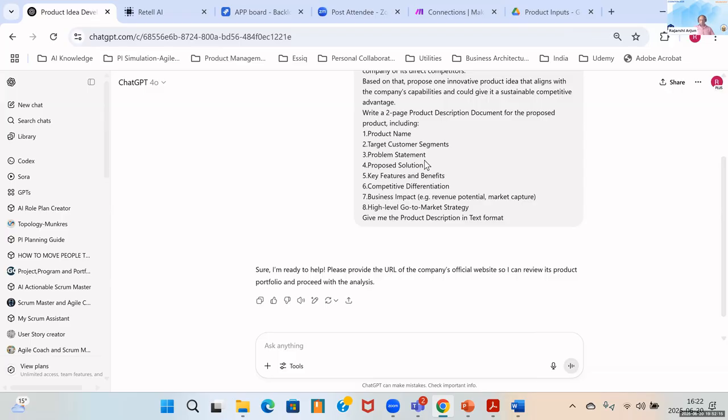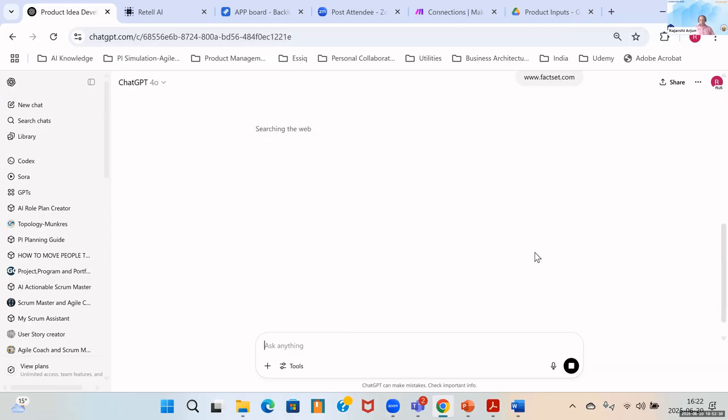So let's see. Okay, so let's take this. Okay, FactSet. You need to give me the URL. Okay, so let's take factset.com. We see multiple URLs coming. Yeah, so I'll take one, right? And let's see what it gives us.